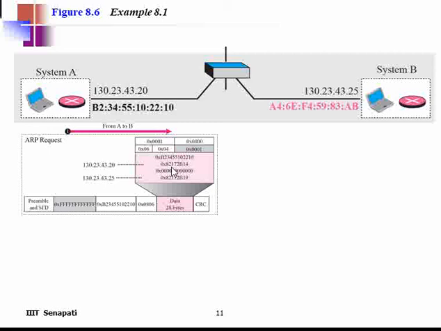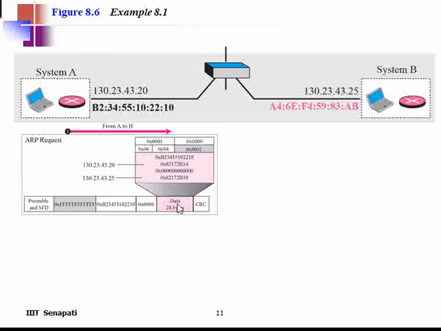Now, the four things you are keeping here: your physical address, 10, you can see, and your IP address in hexadecimal format. After that, you kept the target physical address blank, 00, and the target IP address, 25, in hexadecimal format. This is your ARP packet.